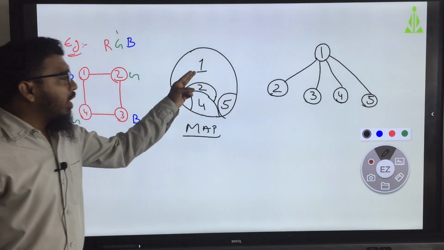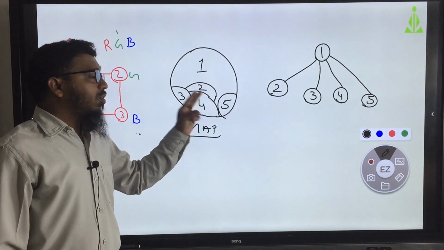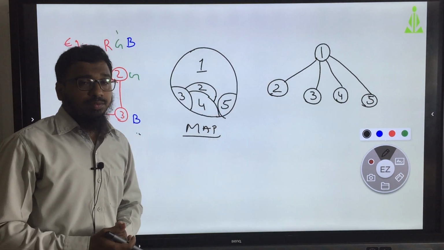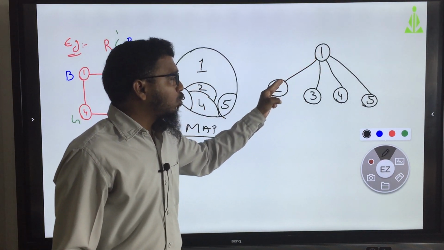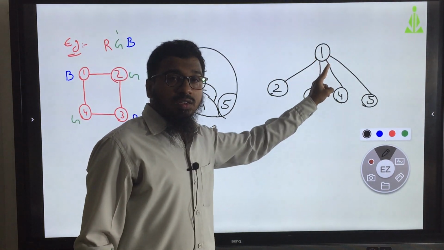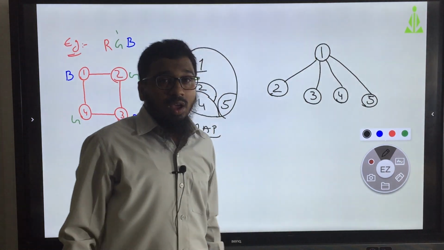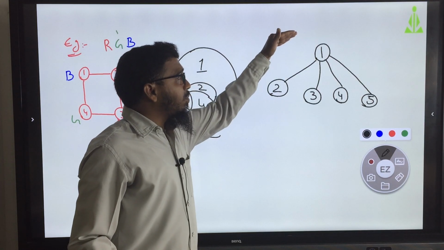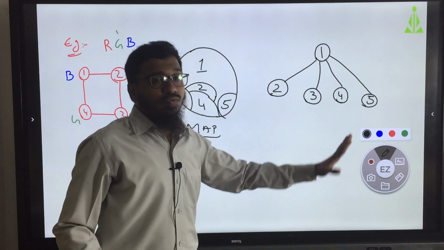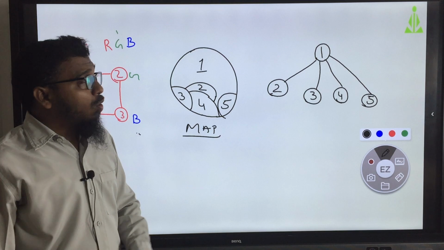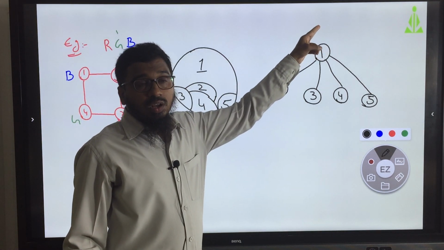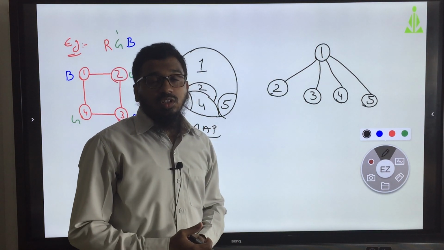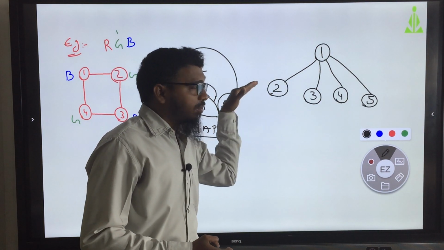Okay. 1, 2, 3, 4, 5. Directly it is 1 to 2, 1 to 3, 1 to 4, 1 to 5. If you give any color to 1, that same color you cannot give to any one of these. Whatever color you give here, the same color you cannot give to these 4.